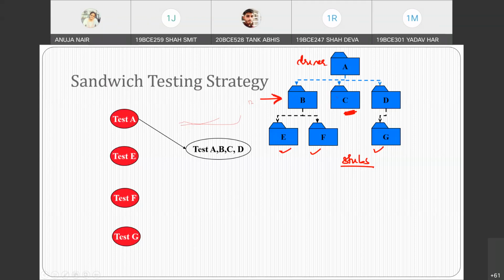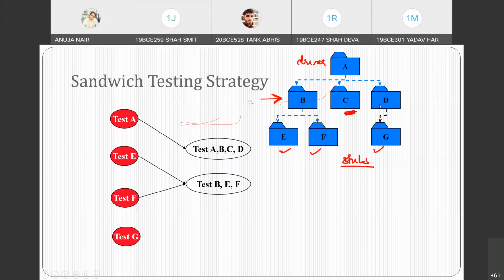Now you want to combine. How will you combine? With A, you will combine B, C and D because you cannot separate them. A is connected to B, C and D. So you combined A, B, C, D, right? Next, what you are going to do? Because B is combined to E and F, you combined B, E, F together.